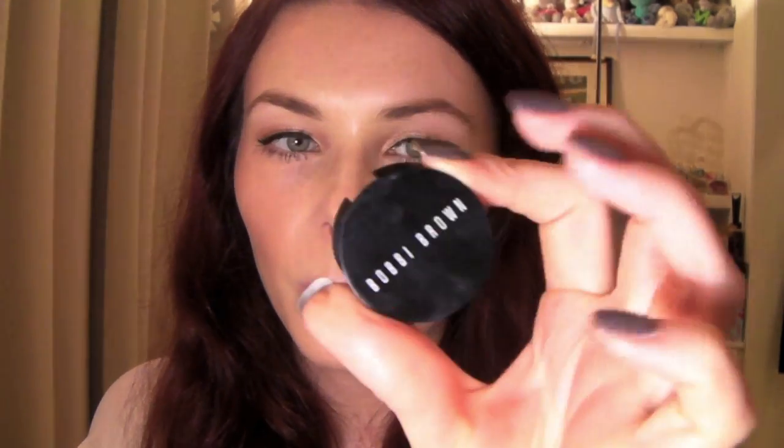If you're going for a more dramatic look, then one thing I like to do is to just use a flat concealer brush and take a concealer that's quite light for you. So for me, this would be something along the lines of the creamy concealer from Bobbi Brown in Warm Ivory. So you can just get a little bit of that concealer, and if you want the edge to be very distinct, you just draw it right underneath. You want to keep it pretty light, so not too much, and then just blend it in a straight line